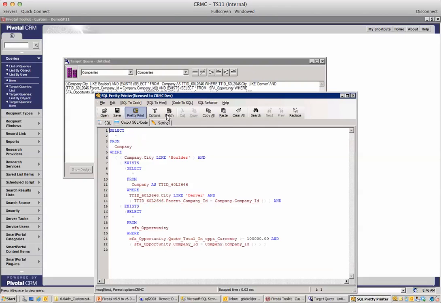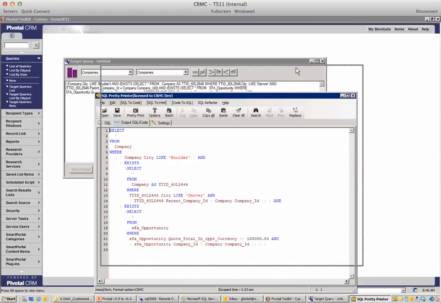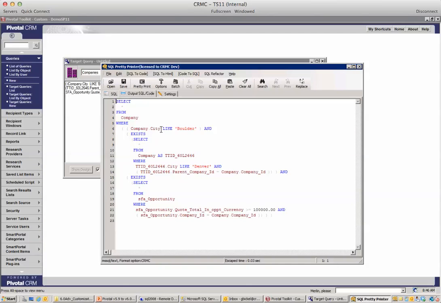Now when I hit Pretty Print, I get this nice little output. This is way easier to read. There's my company, city like Boulder, and there's my first exists, there's my second exists, and it's much easier to see, so we could actually go in and start modifying and taking out some of these